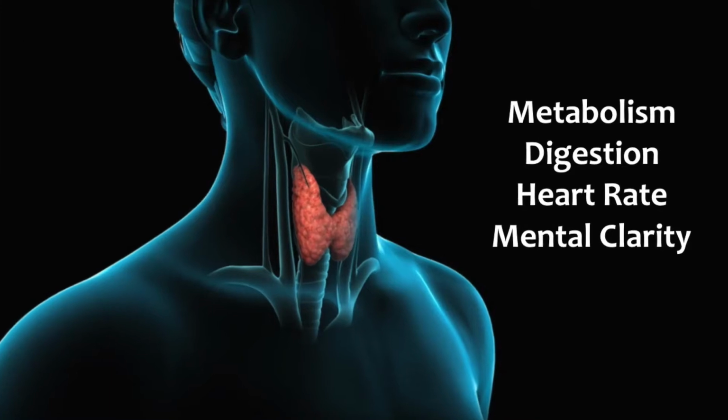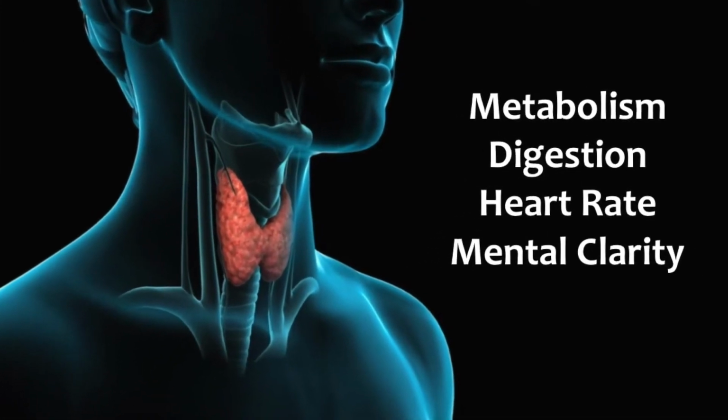Hypothyroidism. The American Thyroid Association estimates that 20 million people suffer from thyroid disorders, but as many as 60% may not even be aware they have the condition because the symptoms are so widespread. Your thyroid gland produces hormones that affect how your body uses energy. This impacts all major functions, from metabolism to digestion, to heart rate and mental clarity, and can affect every organ